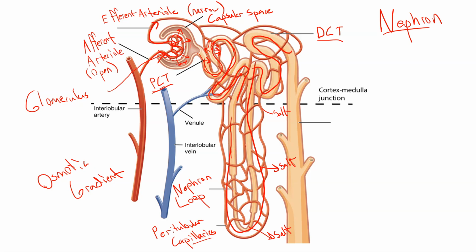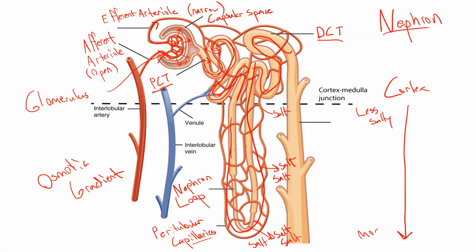And because of a pretty complicated process, which I won't talk about, there's actually more salt that is kicked out at the bottom of this loop. There's a medium amount of salt that's kicked out here, and then there's a very little bit that's kicked out here. So an osmotic gradient means that from the outside of the kidney, so the cortex, down to the deeper parts, the inside of the kidney, it goes from being less salty